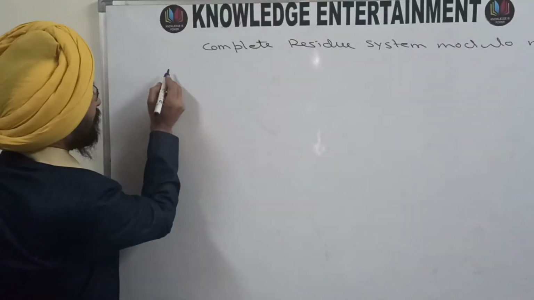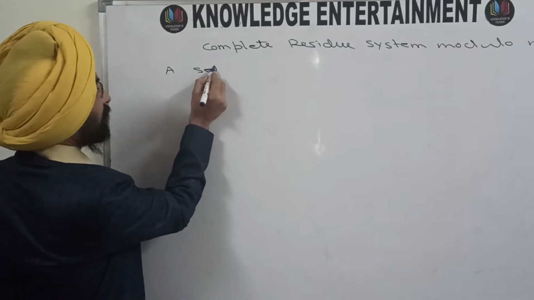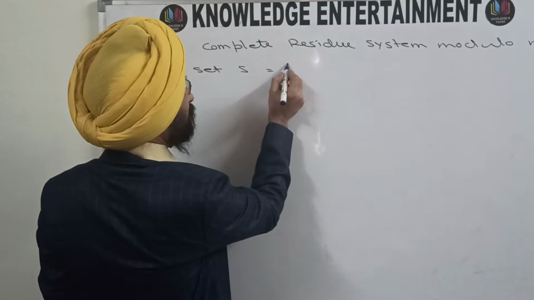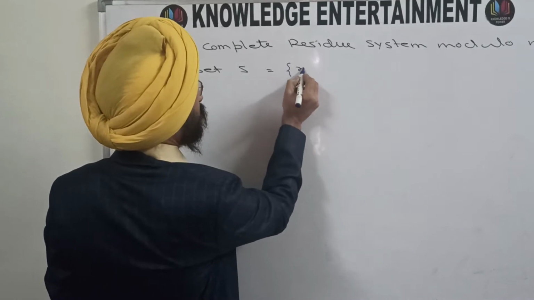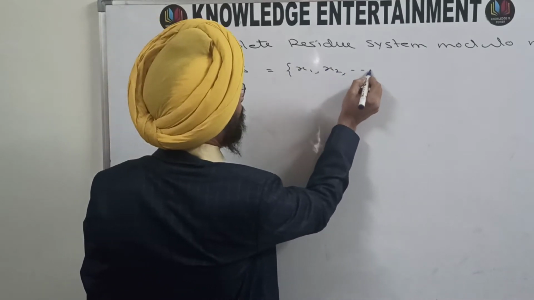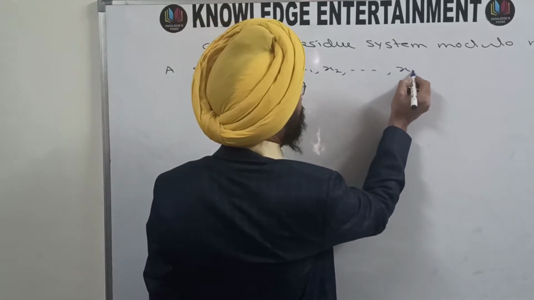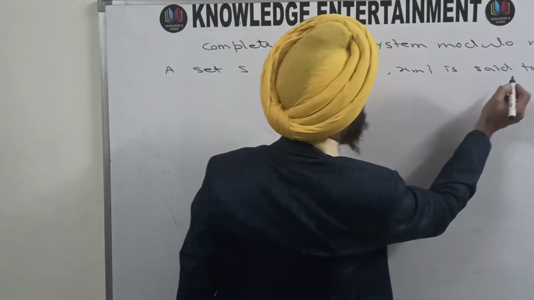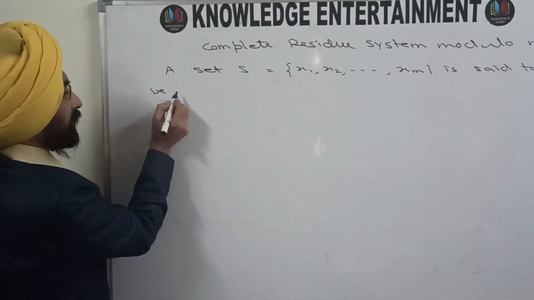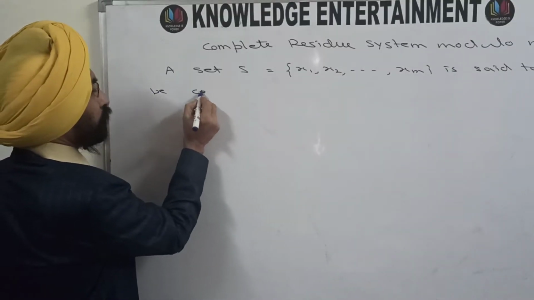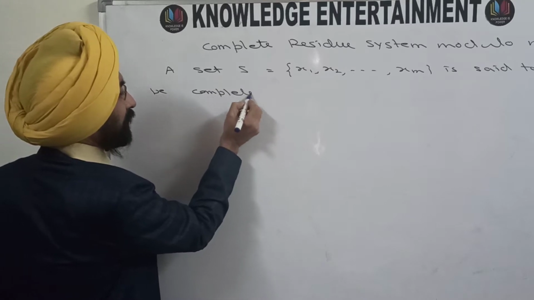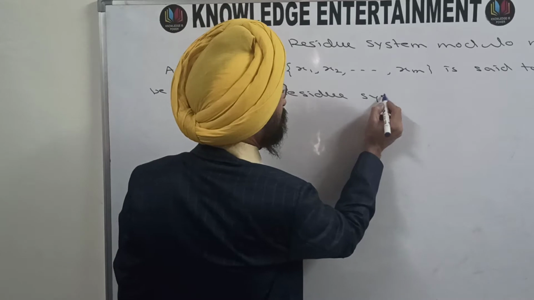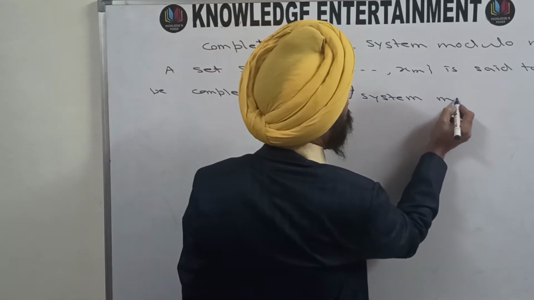A set S consisting of some members, say x1, x2 and so on, xm, is said to be a complete residue system modulo m